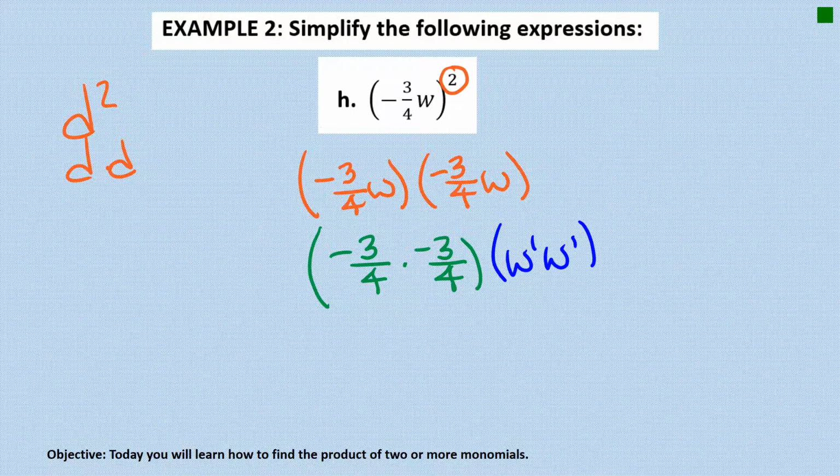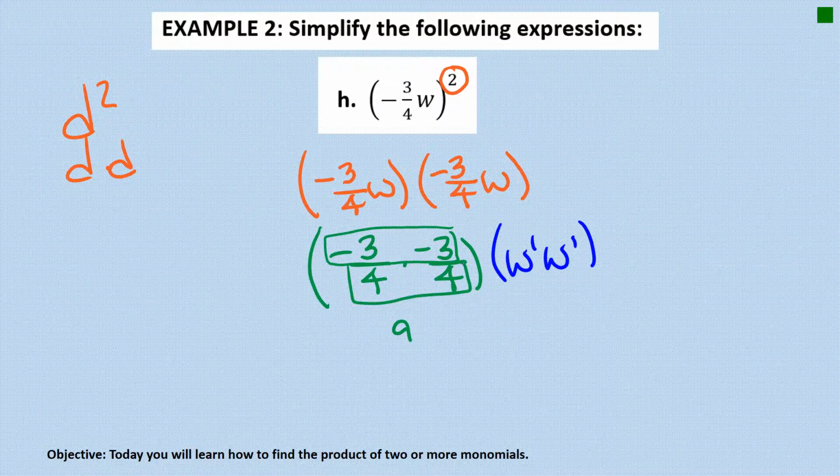So -3/4 and -3/4, those are numbers. We just multiply straight across. -3 times -3 is 9. 4 times 4 is 16. And then how many W's are in my house? 1 and 1 is 2. We're going to learn a trick on how to do this in the next, I think it's 2 videos away. I think it's video 3. Oh,